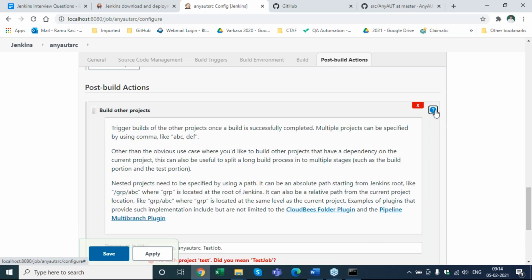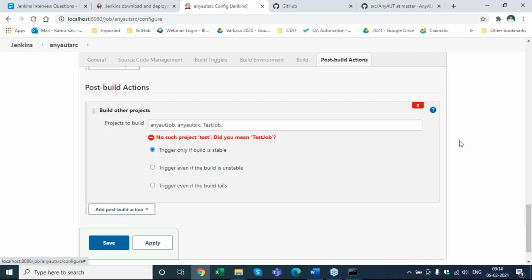But it's not giving me details about those options. That's a good question. I think it should mean the same. Any unstable build means it's failed at least once. So that's your post build actions.